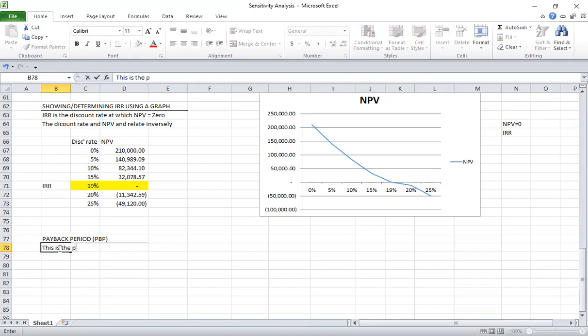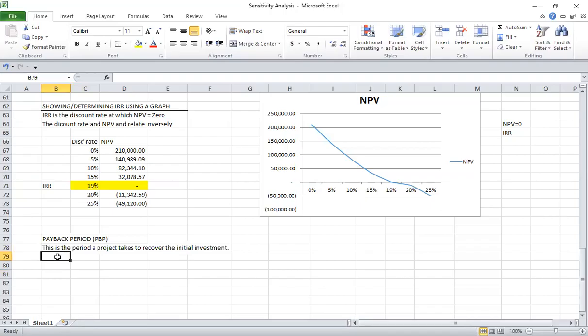This is the period that a project takes to recover the initial investment. This is the period that a project takes to recover the initial investment, yeah? And